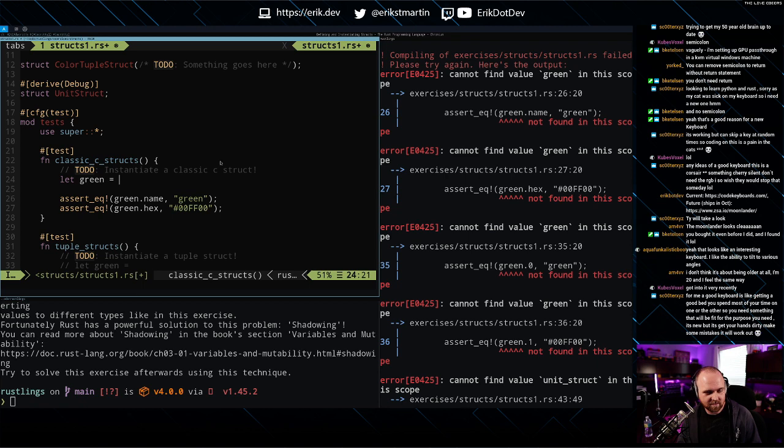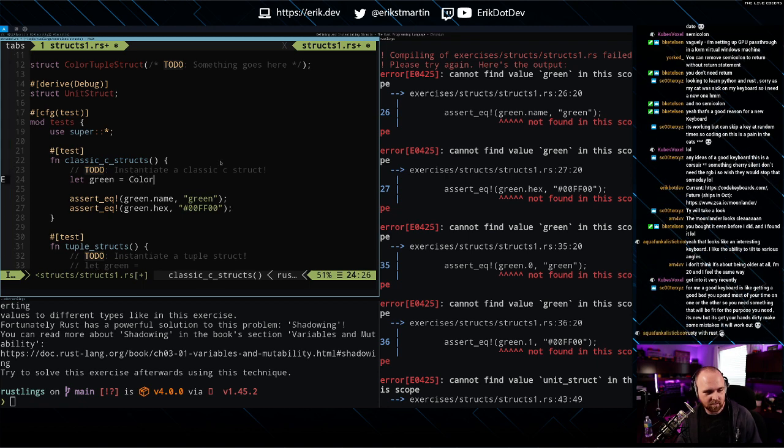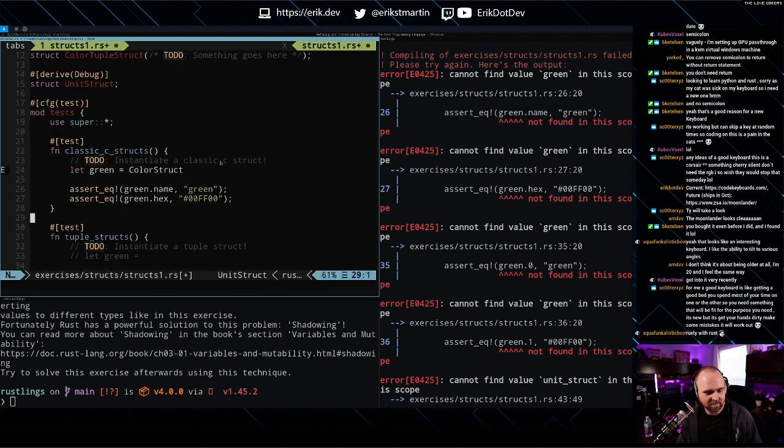Okay, so this is going to be a color struct, right? Color classic struct. Rusty with Rust. Name is green. X is...